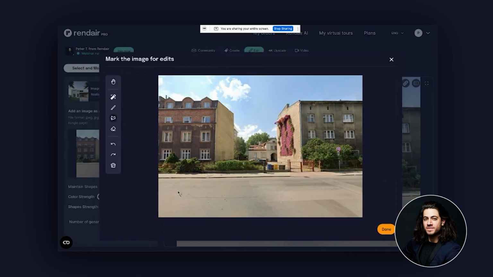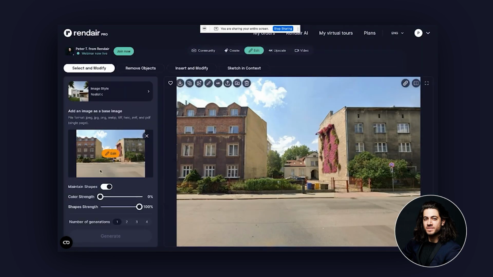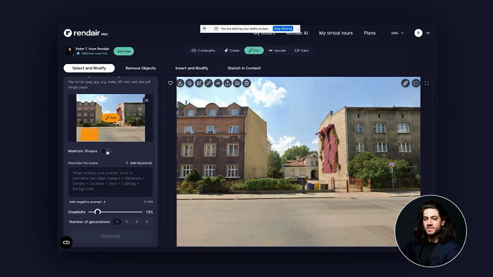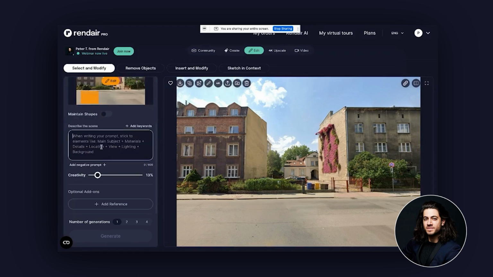Let's say we take this and select and modify. I can now grab this area here. And because of the perspective, I have to allow also for maybe some height here. That's fine. Anything in this orange square is going to change, right? This is the tool that I'm using, select and modify. I'll remove maintain shapes, and here I'll put, just for the sake of example,